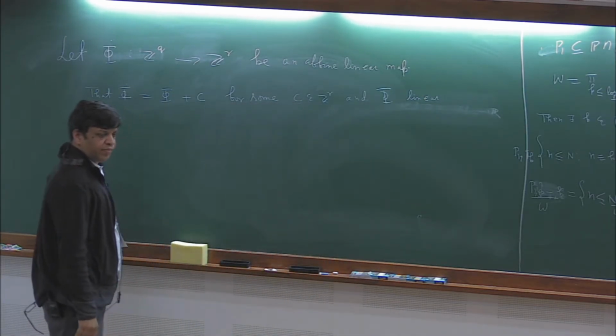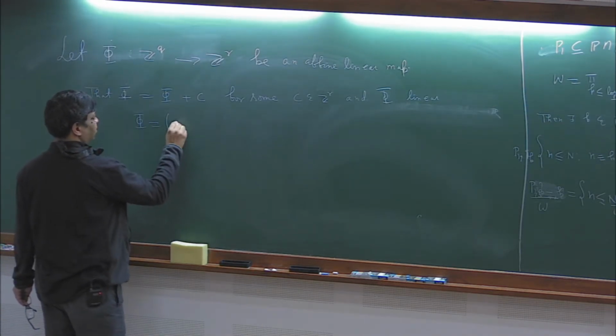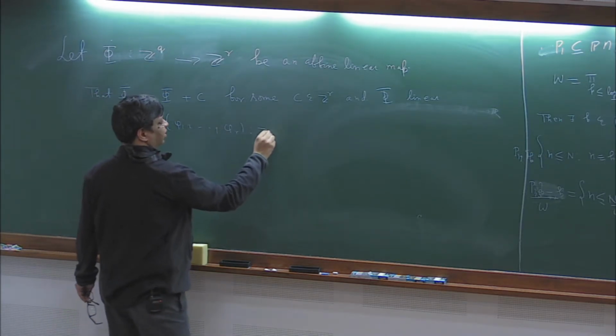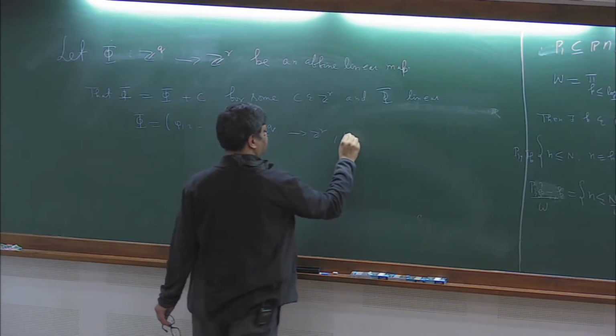Okay, so what that means is that phi is equal to phi 1 through phi R,